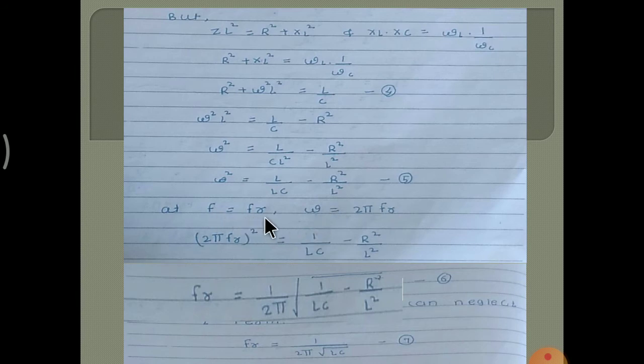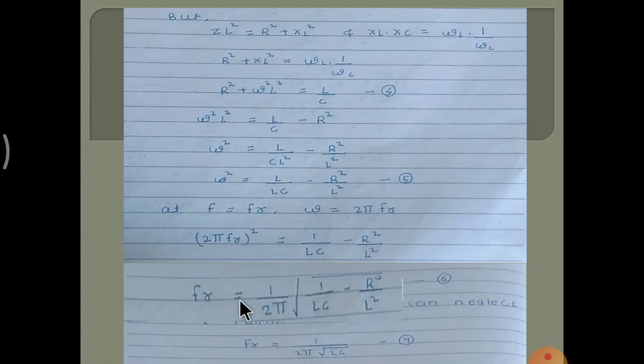F is equal to FR, meaning at resonant frequency, and omega is equal to 2 pi FR. So omega square is equal to (2 pi FR) square, which is equal to 1 upon LC minus R square upon L square. After that, this resonant frequency FR is equal to, taking the 2 pi square to the right side, or making this first term a square term, taking the square root of both sides,